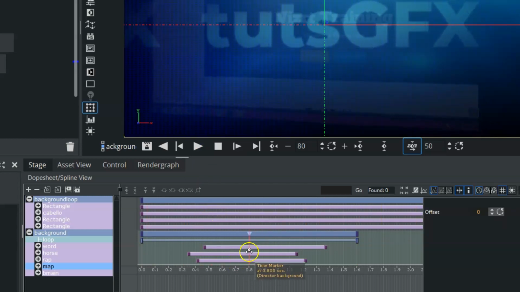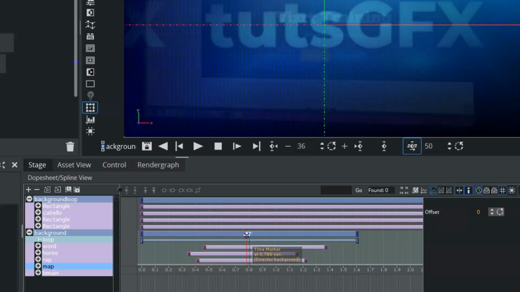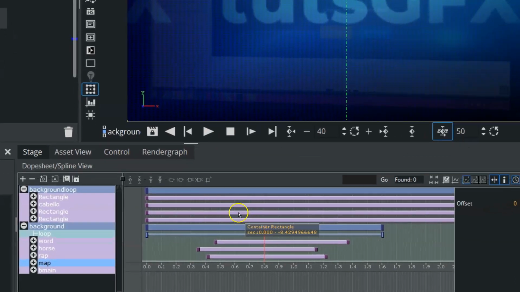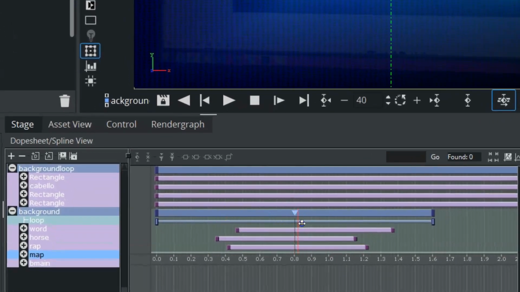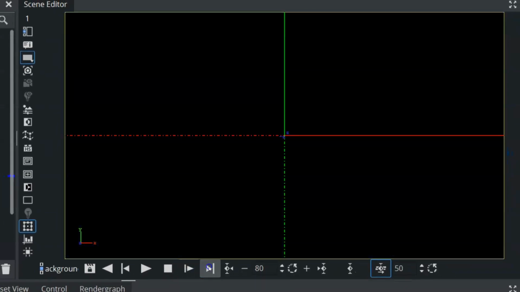Down here we have a little red bar that is our timeline, and we can grab that red bar and drag it across. Essentially when we hit stop, it's stopping that red bar. In this particular scene, we have what's called a stop point. So the animation will play and it will get to a certain point and stop. When it stops, that's when we have the opportunity to hit this continue animation so that it will play again after that stop point. We go over this more in the animation videos, so you can check that out to learn more about directors and stop points. Next to the continue is the jump to the end of the animation,